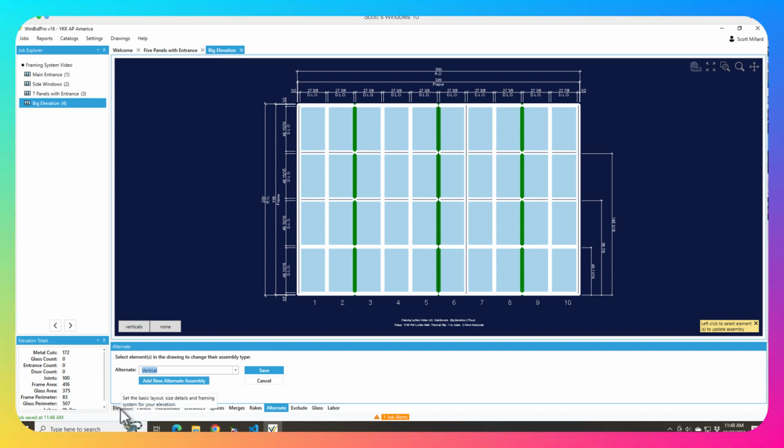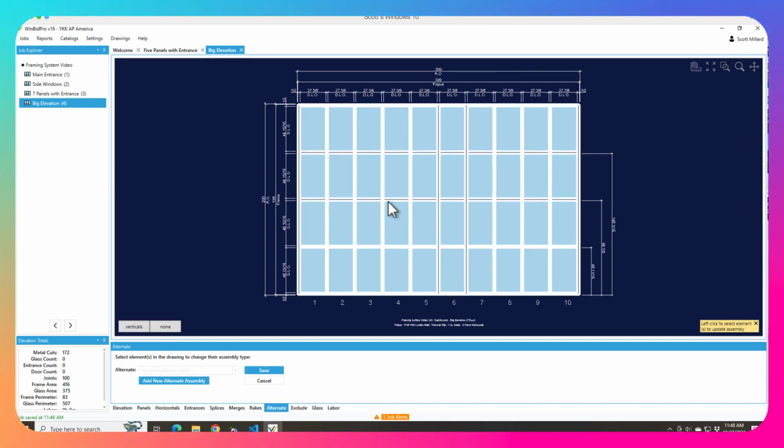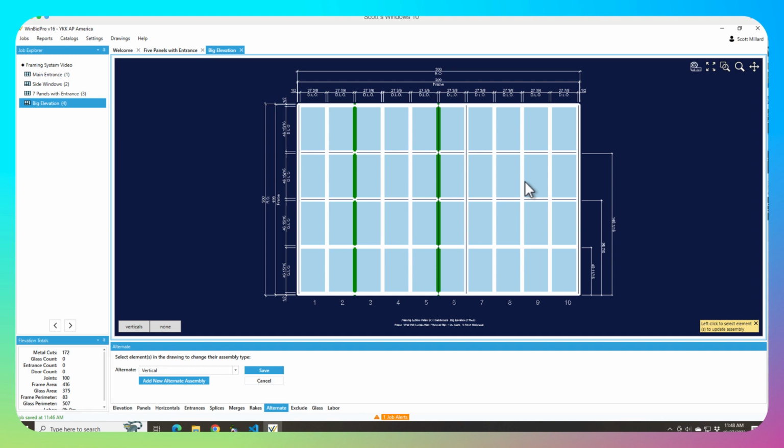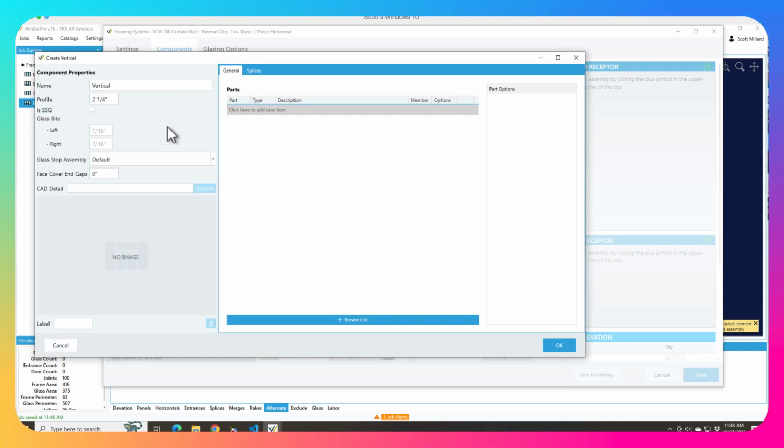The other option is to go to the elevation tab, click the framing system, go into components, and then add a new vertical assembly. But with that option in the alternate, so I just actually wiped out my selection there, but let me just select those again. With this button here, it'll actually take me right to the specific assembly and create the new assembly window for me. And then all I need to do is change the name a little bit so that when I click that drop down list,